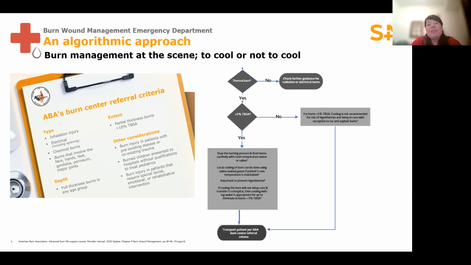And then the other thing to consider is, will cooling of the burn injury delay care and transfer to an acute care hospital? So if it's not going to delay transfer, then it is completely appropriate to flush with even tap water for up to 30 minutes. Now, if the TBSA is greater than 5%,